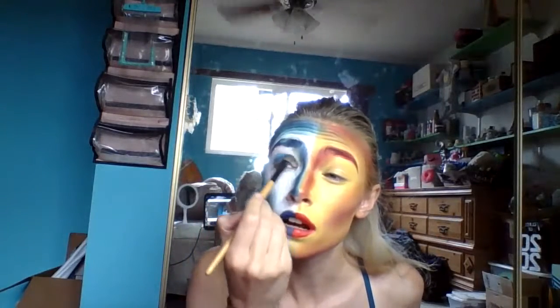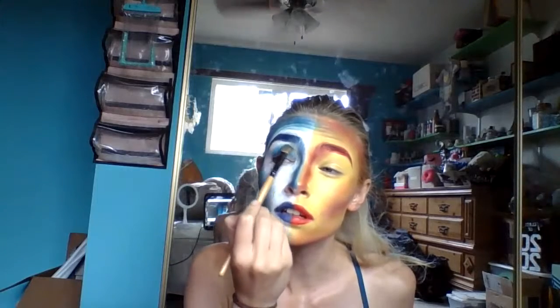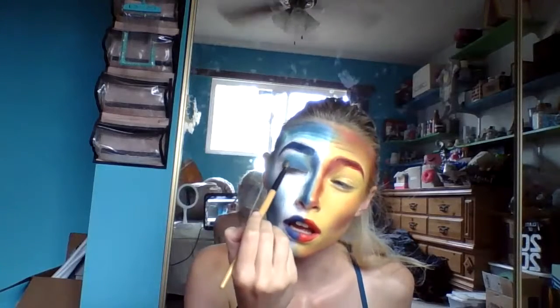Then I'm going to take a lighter blue and go a little higher. As you can see. Then I'm going to take even lighter. Go up. Right. And then after I do that, I'm going to take more of a flat